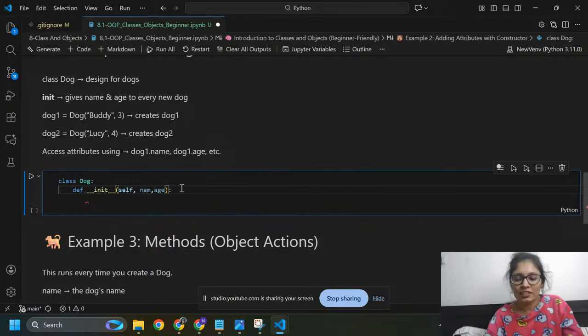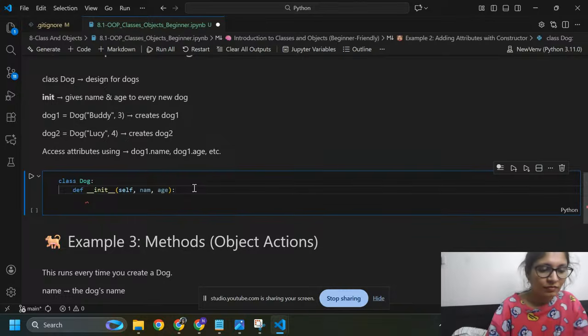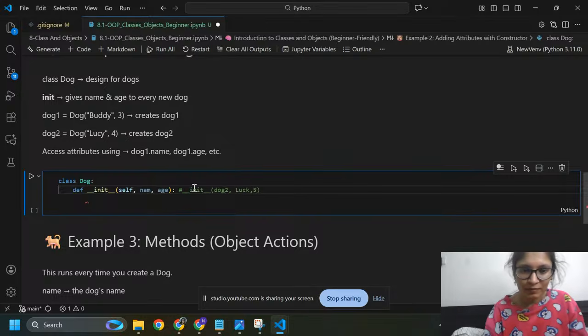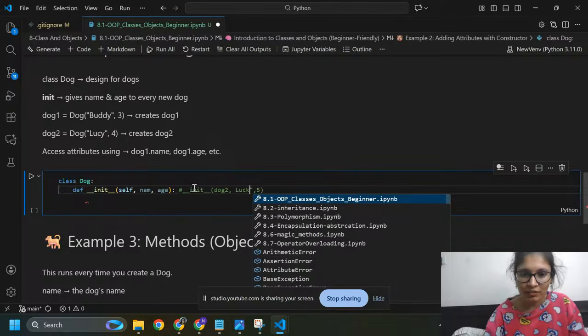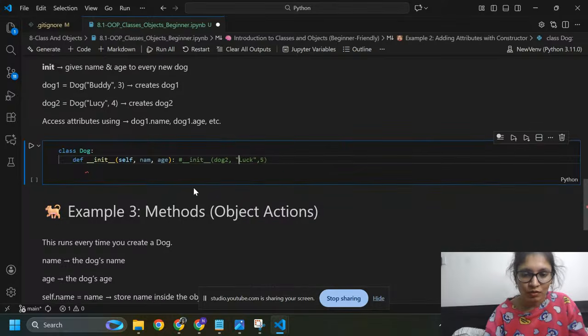And what is init? Init is just a constructor; it will work like this inside Python. Here, this is the object, dog1, dog2, whatever. Dog2, name of dog Lucky, and age of dog 5 years. Lucky should be a string, that's why I need to put double quotes.